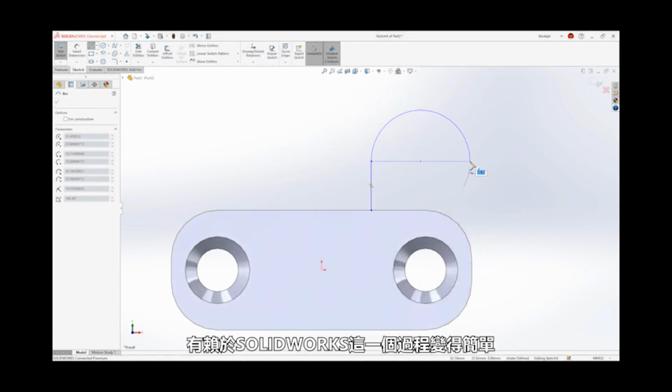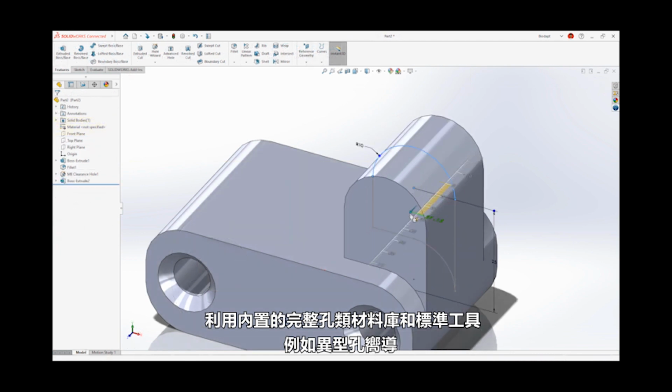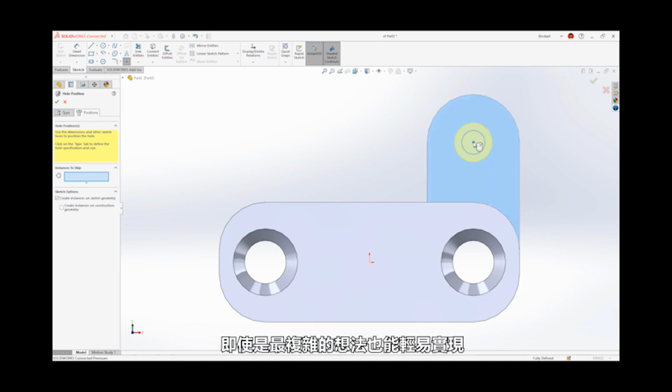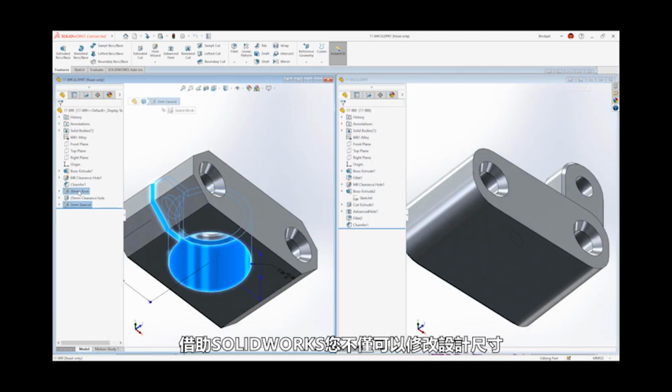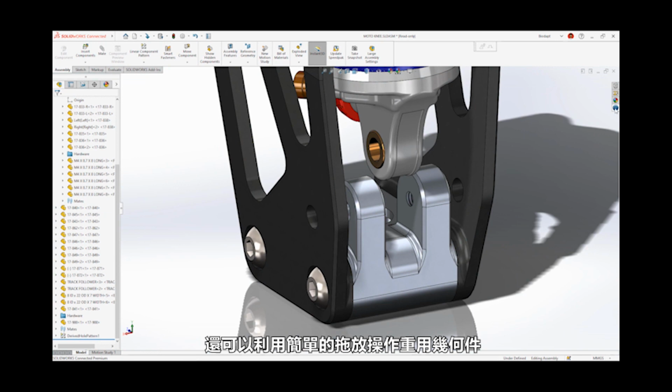SOLIDWORKS makes this simple and straightforward. Even the most complex ideas are easy to realize with access to instant feedback and standard tools like the Hole Wizard, an extensive library of hole types built right in. SOLIDWORKS enables you to not only modify design dimensions, but also reuse geometry with a simple drag and drop, a